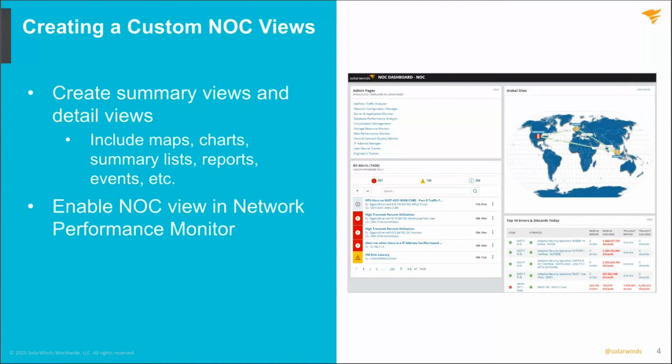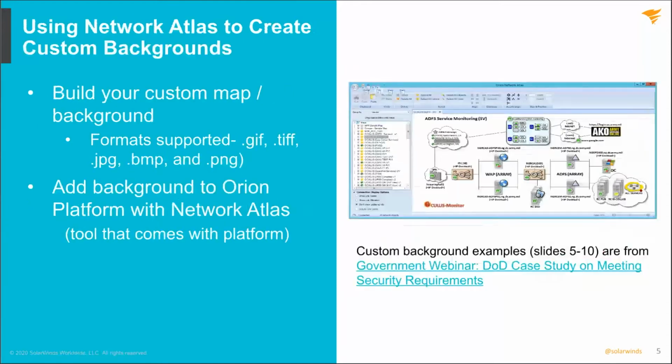So they like to see what's going on at a glance, outside of just the standard alert notifications. Now I'll be going over that customization, but also talking about other areas as it relates to utilizing things like our Network Atlas or our Orion Maps view. Because really, like I mentioned, it's not only just being able to show and give you the summary view, but also be able to show whether it's a topology,